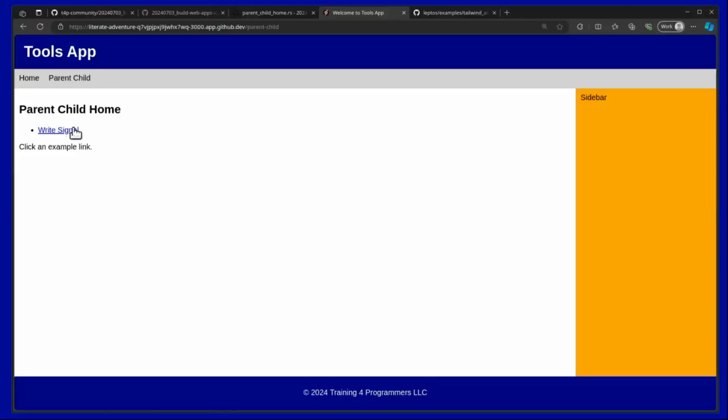All right, so now I've got a write signal. So watch what happens when I click on write signal. Now it says parent-child write signal. Pretty cool, right? So that's an example of a nested route. So inside of this page, we have this outlet with additional links. And when you click on it, it swaps out that content. Now